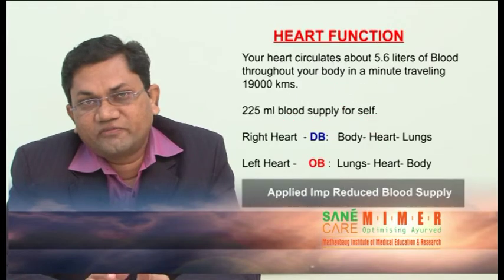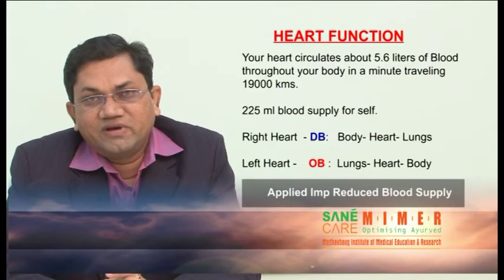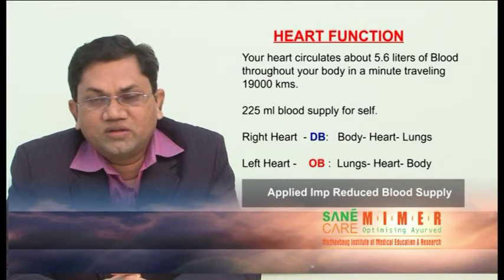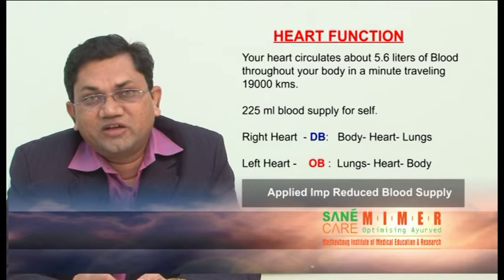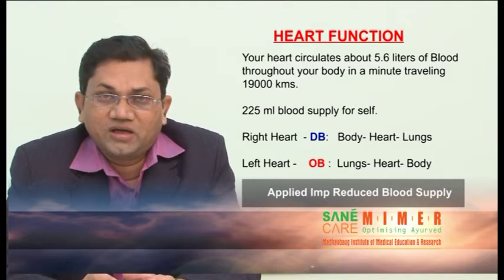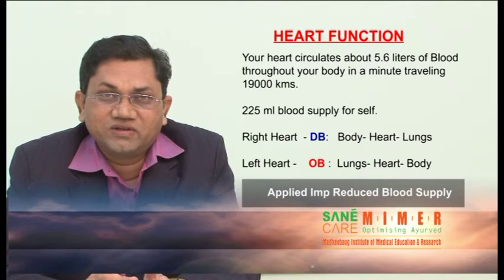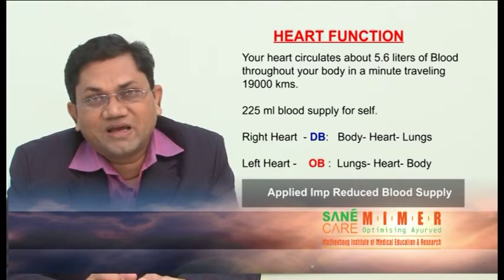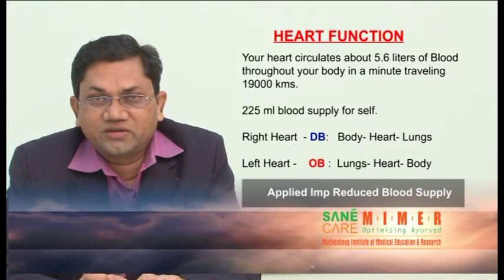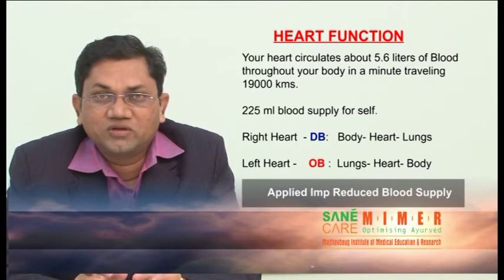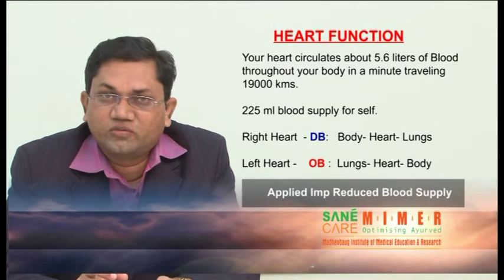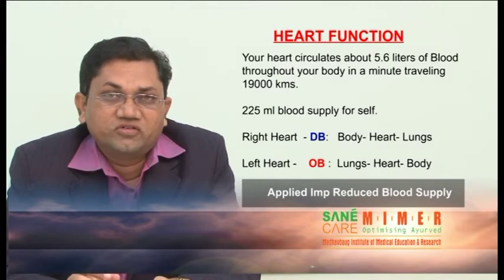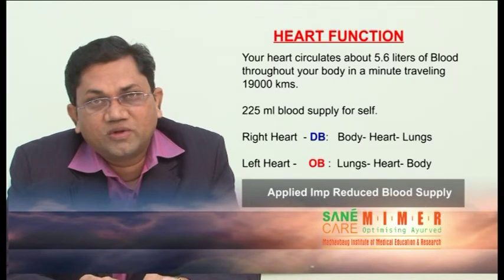Now broadly, the functions of the heart. It is very easy to understand the main important functions of the heart: the ejection of blood and the collection of blood. Ejection of blood deals with the contraction of the heart, whereas the collection of blood deals with the relaxation of the heart. We need to understand these two functions very clearly, because any pathology related to the contraction or the relaxation of the heart, we are going to call a systolic failure or a diastolic failure of the heart.